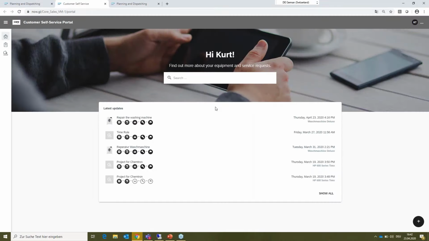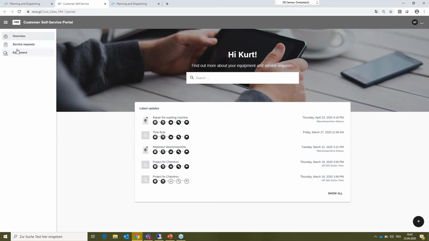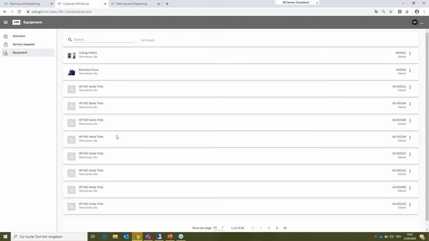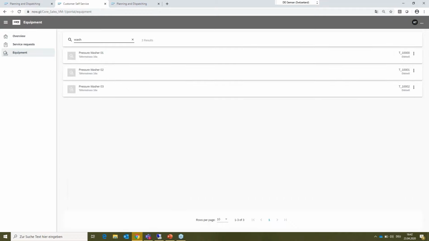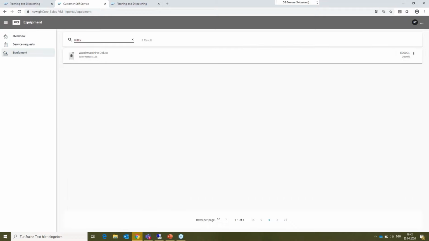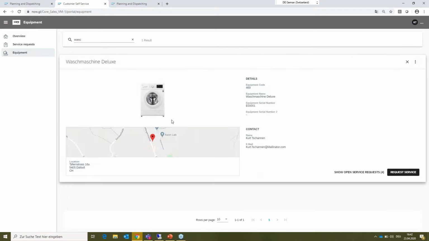In this case, in the view of the end customer, because I'm now the end customer of this engineer company that has a washing machine. I have the possibility here to see my equipment. So I can see what kind of equipment I have, quite a lot. I can search for it. Here, as example, my washing machine. I can see where it's located. And I can, as example, request a service,